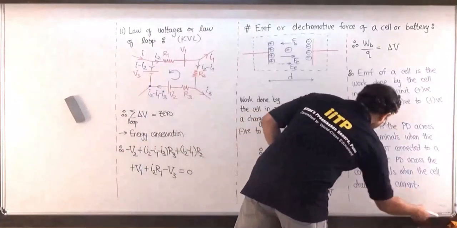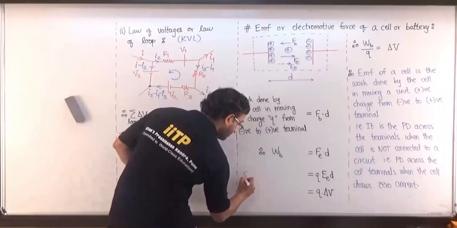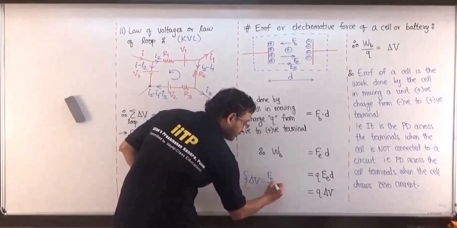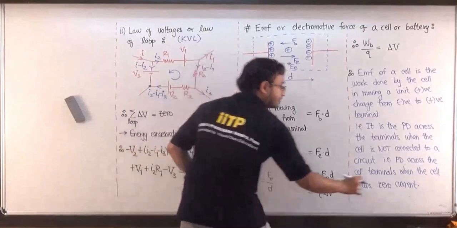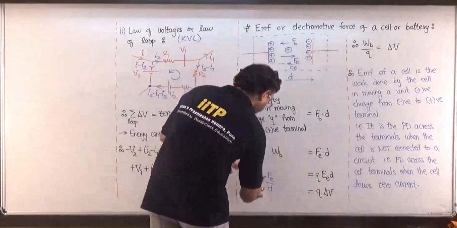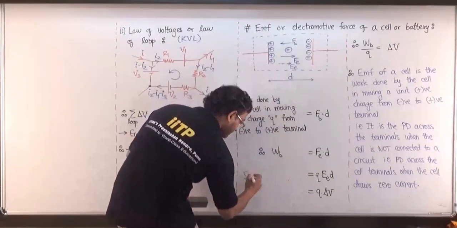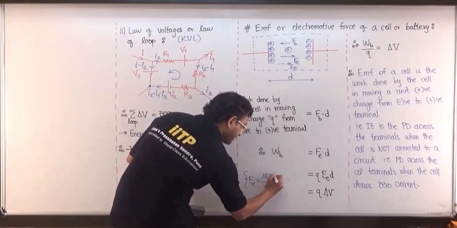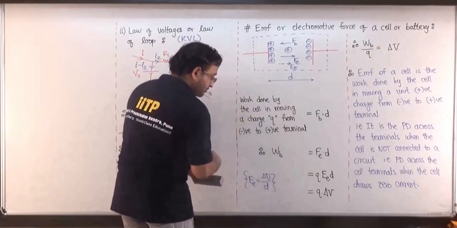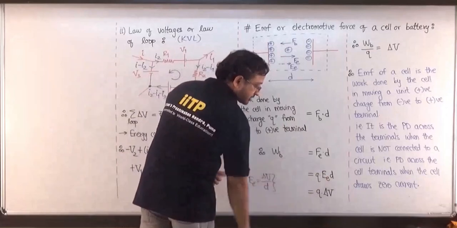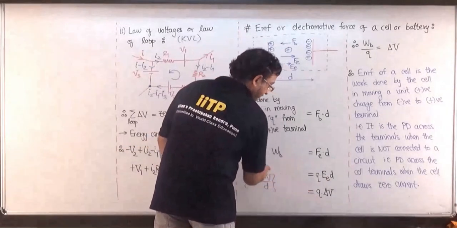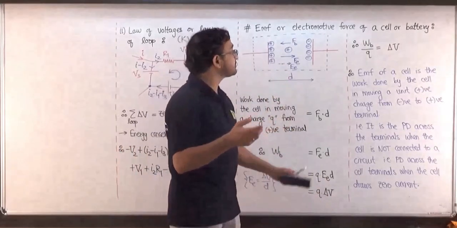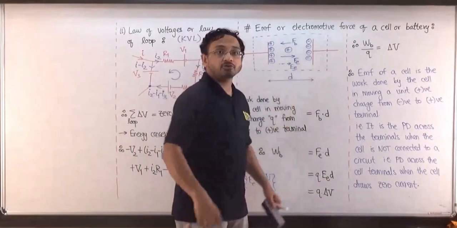So here I am using the idea that delta V is equal to electric field times D, and that electric field is delta V by D. So using this relation, I find that the work done by the battery is Q delta V,